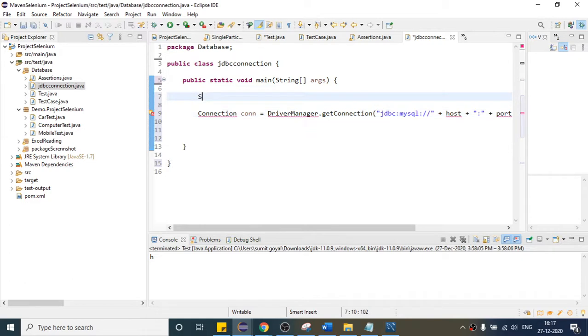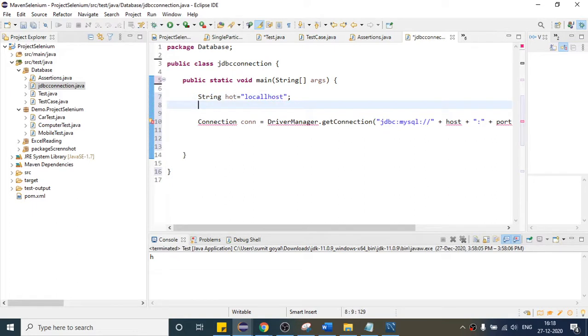As I am working on my local machine, it is nothing but localhost, right? So here let me define one host, telling that this is my local machine, so it is localhost. You have to define this. And the second one, if you remember, we set one port. The port number is 3306, from when we did the setup part. So this is our port. This port will basically help us to connect our database with Selenium. So it is host, right?